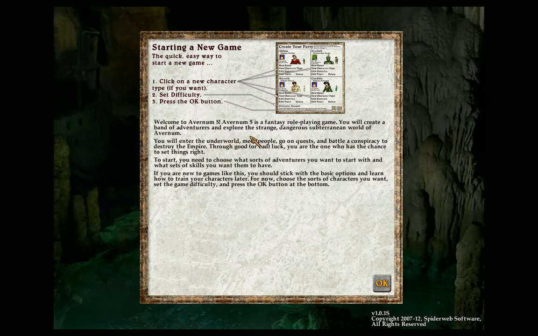Welcome to Avernum 5. Avernum 5 is a fantasy role-playing game. You would create a band of adventurers and explore the strange, dangerous, subterranean world of Avernum. You will enter the underworld, meet people, go on quests, and battle a conspiracy to destroy the Empire. Though good or bad luck, you are the one who has the chance to set things right. To start, you need to choose what sort of adventures you want to start with and what sets of skills you want them to have. If you are new to games like this, you should stick with the basic options and learn how to train your characters later. For now, choose the sorts of characters you want, set the game difficulty, and press the OK